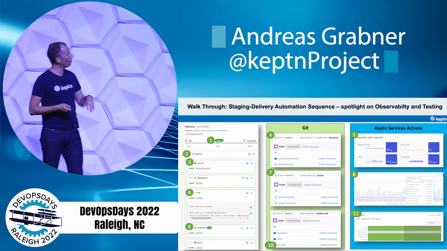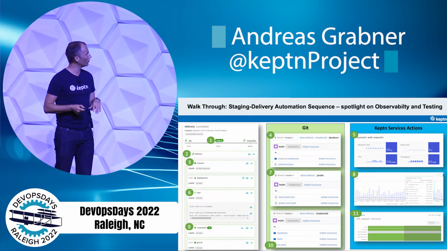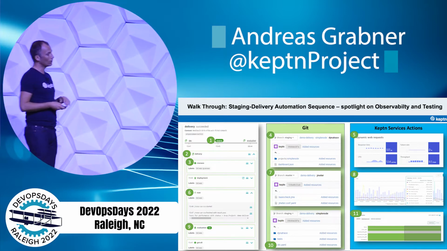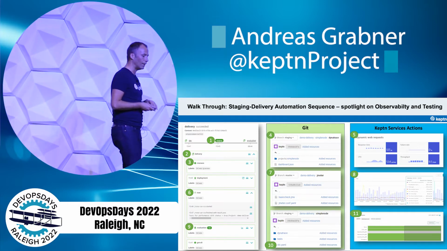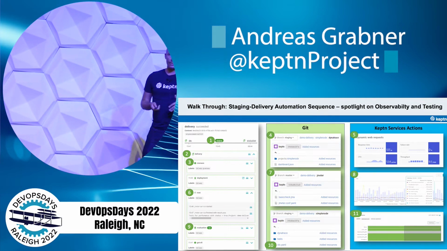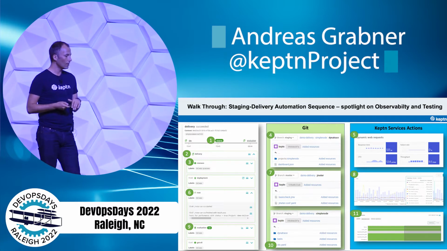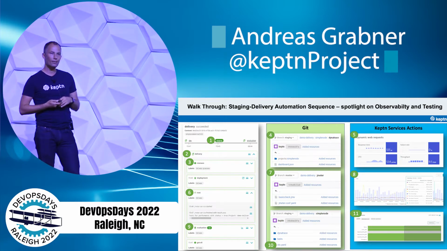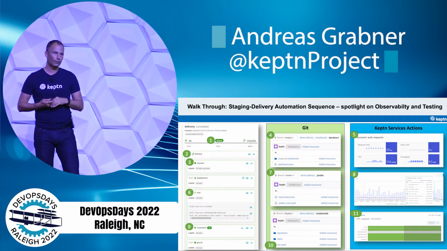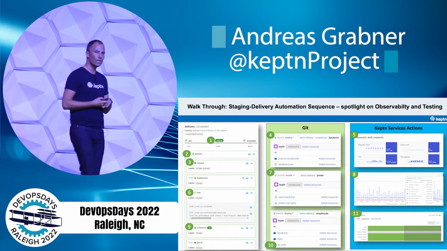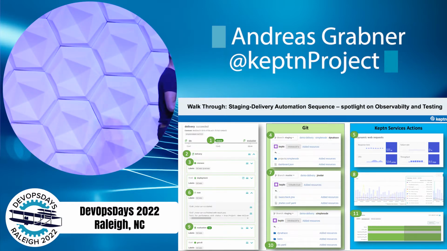Now, a core and key component is the SLO evaluation. And I want to quickly spend a minute on it to explain what this really is. So you will see later in my live demo, we have a so-called evaluation step. You can put this anywhere in your process definition. We call it sequence definitions. And what the evaluation does, once it's kicked in, it actually interacts with what we call the Lighthouse service. The Lighthouse service is a core component that comes with Keptn. The Lighthouse service retrieves your SLO definition from the Git repository that you connect to your Keptn automation project.